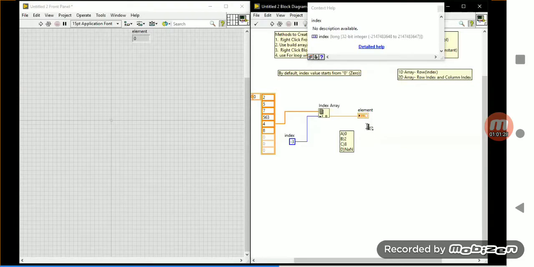If the index value is a negative value, or the index is not available in the input array, the Index Array function will return the value 0.